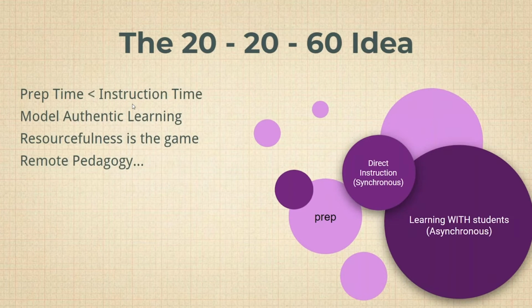So this 20-20-60 idea is that your prep time should only be roughly about 20% of the time. And then your direct instruction time with your students should be about 20% of your time. And then 60% of the time should be students self-guided, or what I call